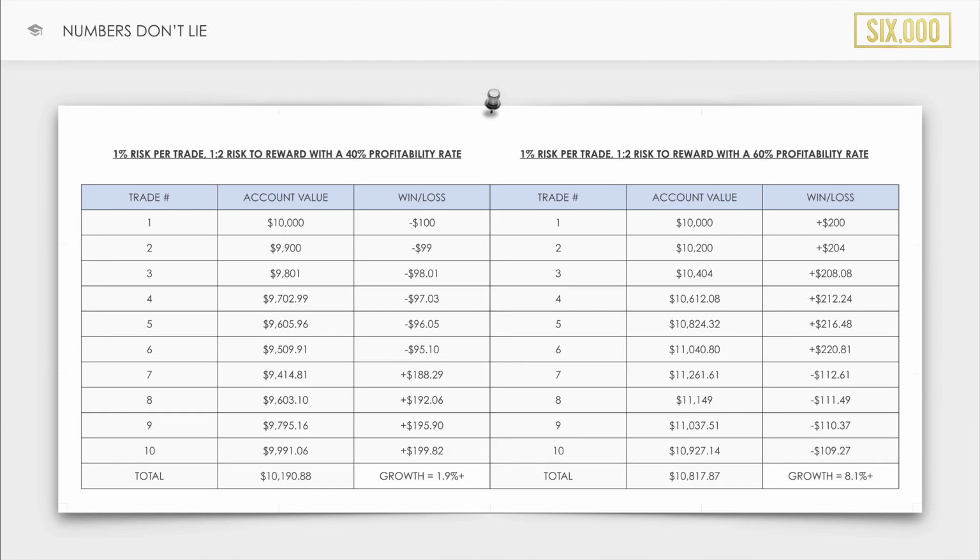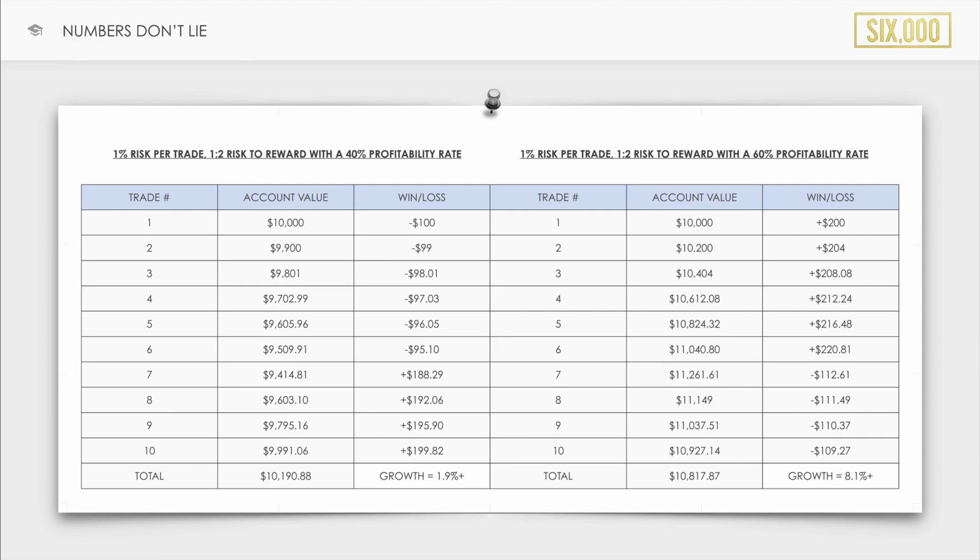By the end of this trading month, just by using 1% risk per trade, 1 to 2 risk to reward, and you lose more times than you win, so you're only right 40% of the time, you would still have a growth rate of 1.9% per month. 1.9%. Now on the flip side, we have on the right hand side here, we have the same risk per